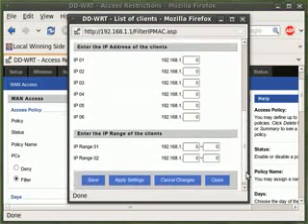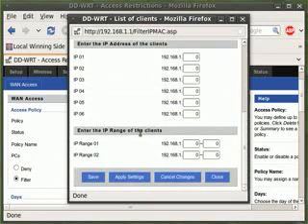So if we scroll down, we can enter a range of IP addresses. And so what we want to do is block all the IP addresses that our computers can possibly have, starting with 2 and going to 254. 1 is our router, and 255 is a special address called the broadcast address, so we don't want to block those. But any computer or anything else on our network will use an address in this range, so this will block them all. So we want to hit save,